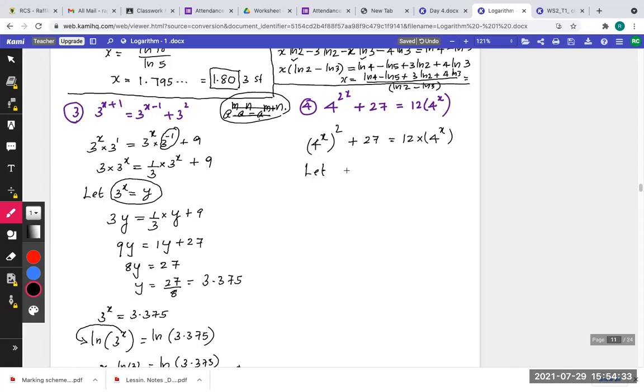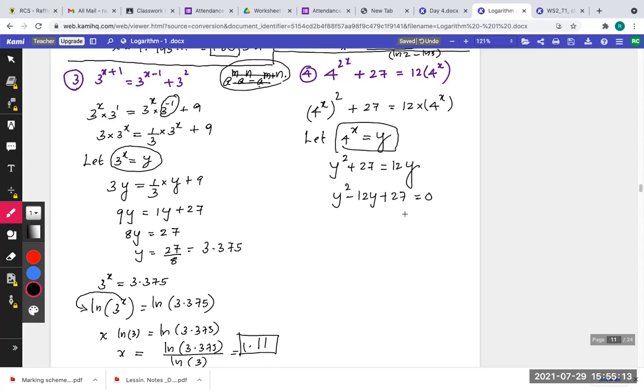Now you give a substitution here. Let 4 power X equal to Y, right, guys? So it becomes what? Y square plus 27 equal to 12Y. You rearrange it, you get a proper quadratic, right? Proper quadratic, and then you solve it, you get the value of Y. But that's not our answer. Plug in back here in our assumption, right? 4 to the power X equal to whatever Y you are getting. If there are 2 values of Y, you need to find it for both the cases. You get the answer for X. Is that clear?